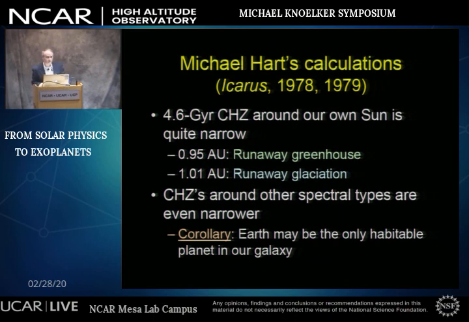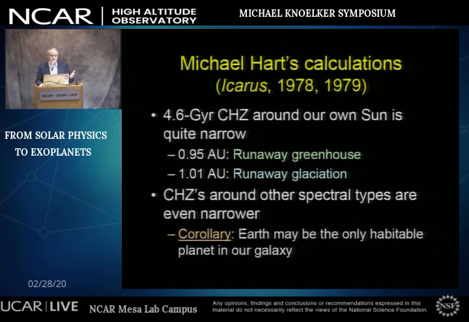That was about the habitable zone around the Earth. And then in 1979, he extended this simple model to other stars. And he was very pessimistic. So he concluded that the instantaneous habitable zone,